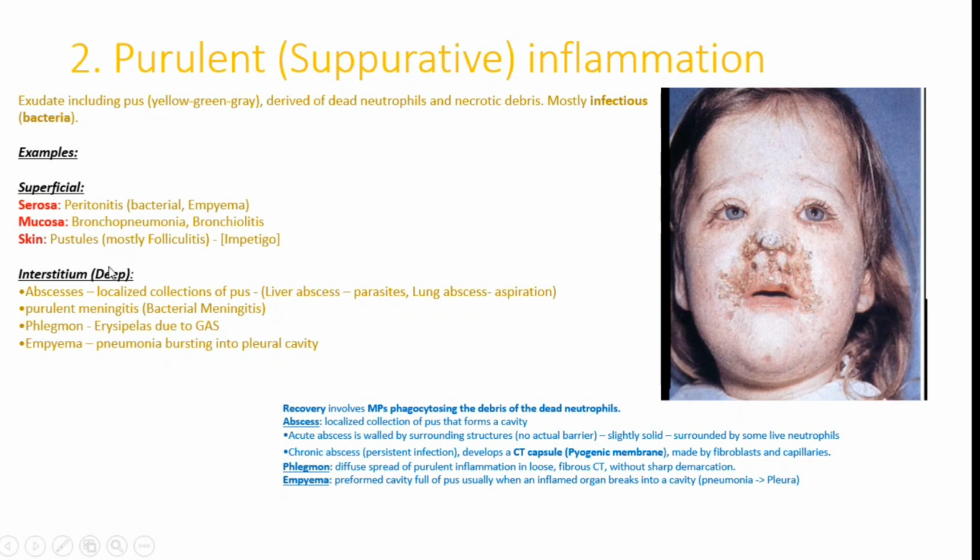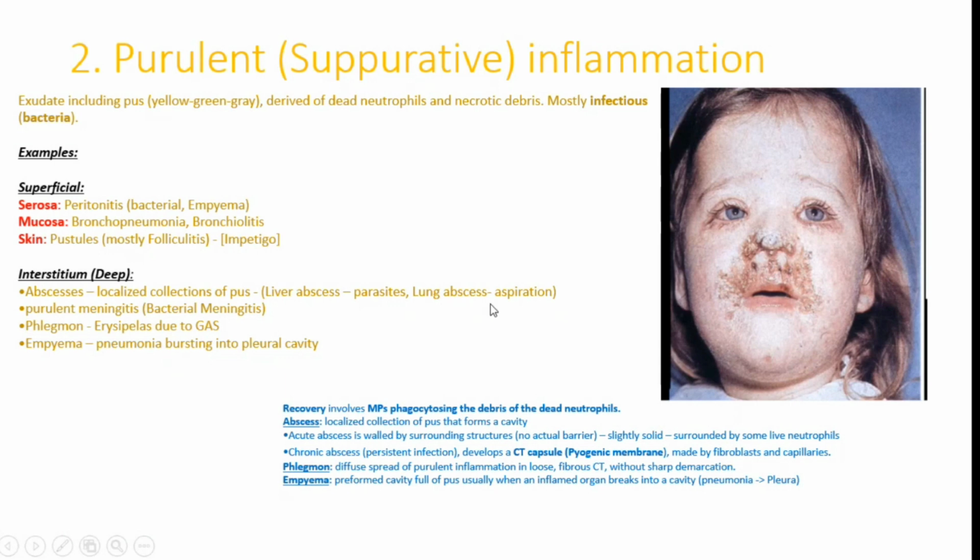For the examples of deep purulent inflammation, we have abscesses, phlegmon, and empyema mainly. There's a basic description of all of them, which will help you remember exactly what it is. Right, so an abscess is a localized collection of pus that forms a cavity. A good example is a liver abscess caused by parasites, for example,